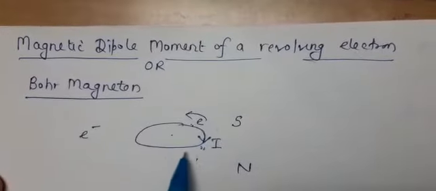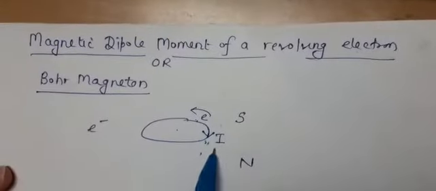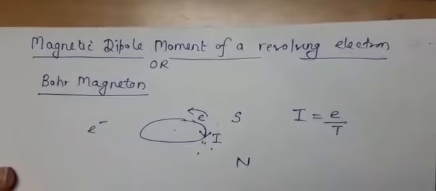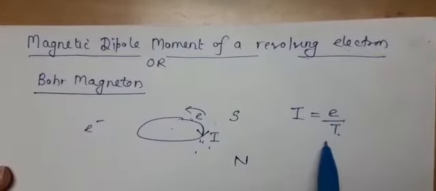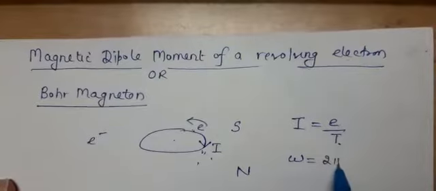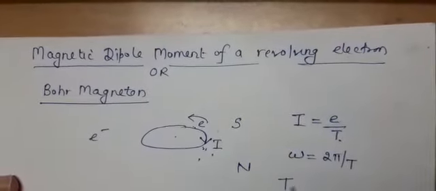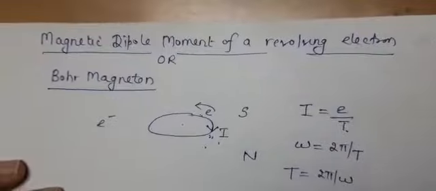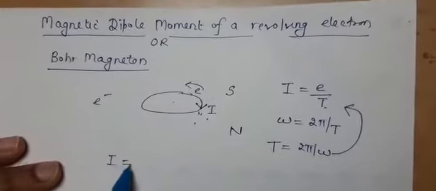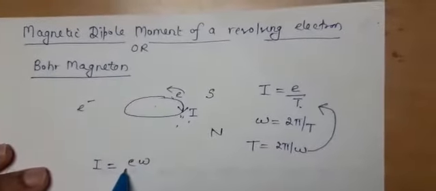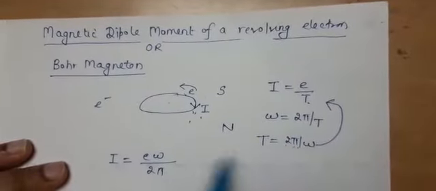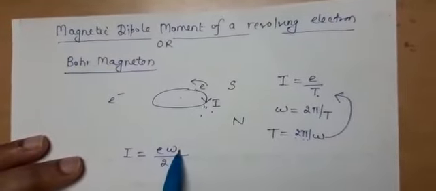So due to movement of charge within this loop, current is developed, and this current is given by the charge of the electron per unit time, within the time in which the electron moves. So current is charge per unit time, and omega is given by 2 pi upon T. So T can be taken as 2 pi upon omega. Now substitute the time in the first equation. So I will be equal to e omega upon 2 pi, because 2 pi upon omega is the time, so omega comes in the numerator.